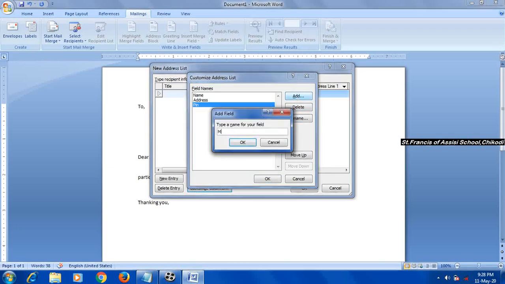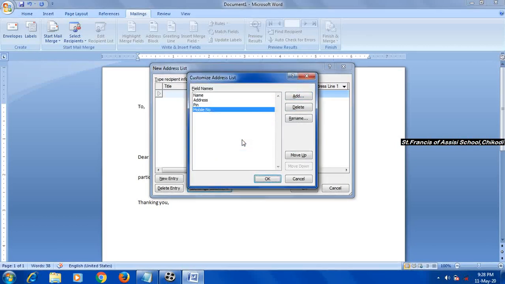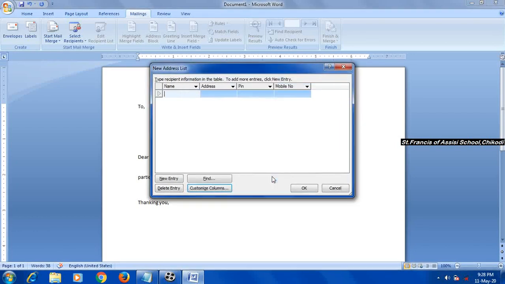Then the last field I am going to add is mobile number, then click on OK button. When the creation of fields gets over, then only you click on the OK button, otherwise don't click on the OK button. So now I have added 4 fields. My field list is ready. I am going to click on OK.